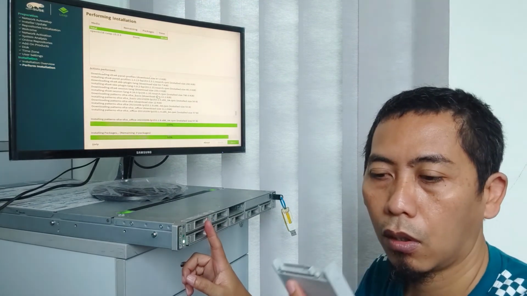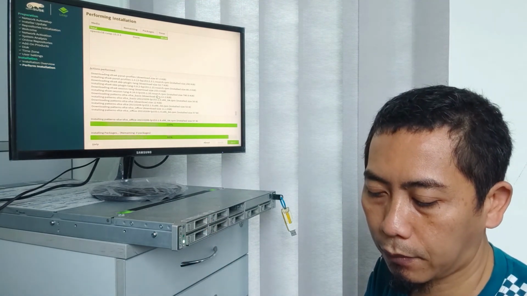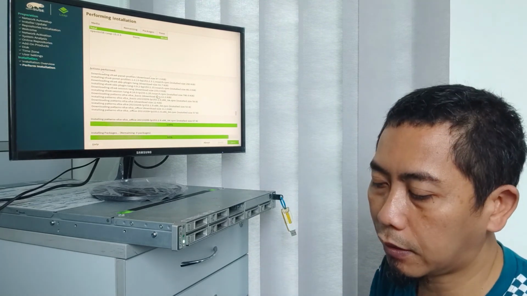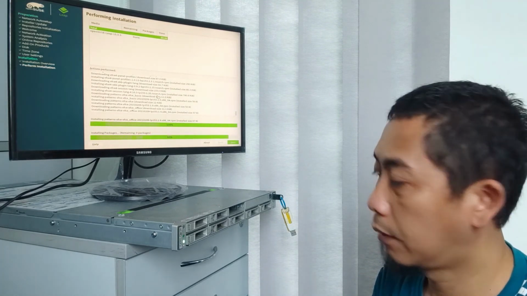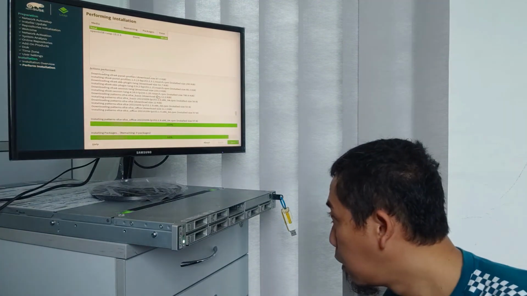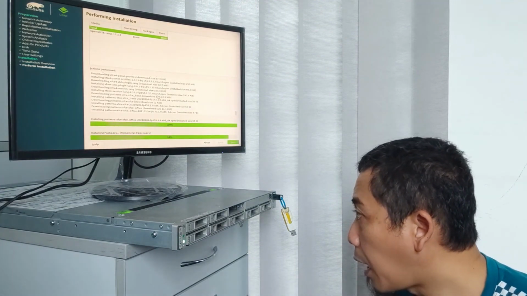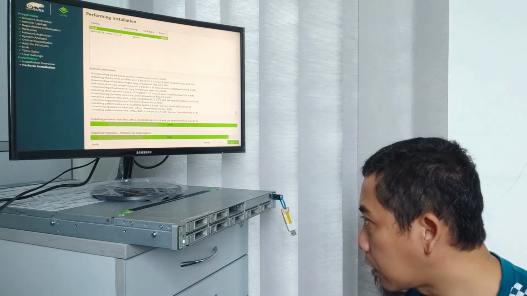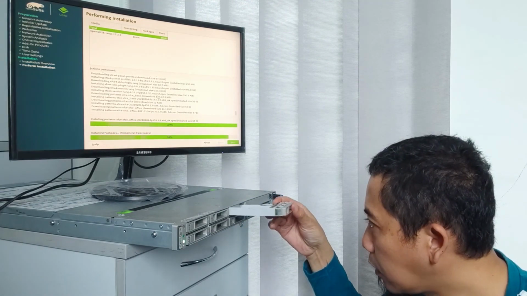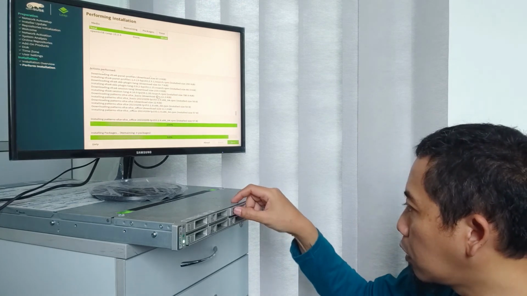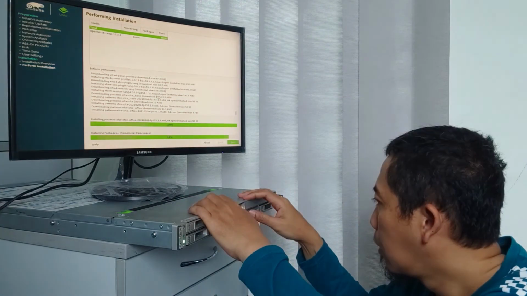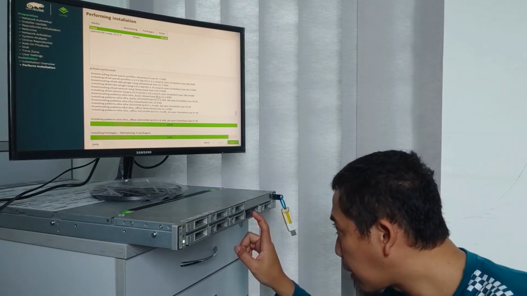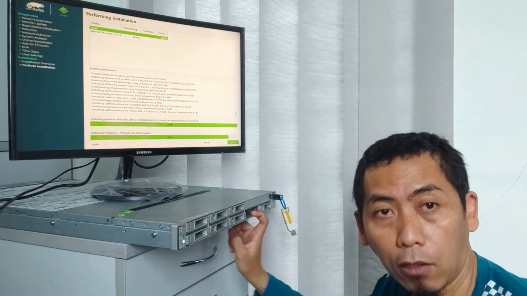I show you my hard disk tray, this is here. But I also see SATA in the back, so I think it's possible to install SATA. In this one I also see SATA. I think this is possible, I hope.